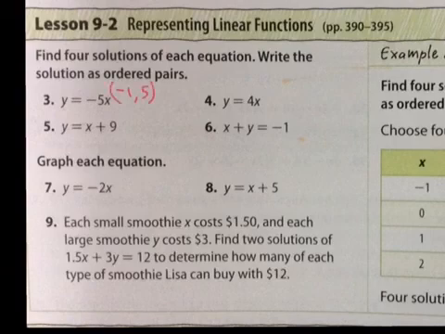That's one solution for this question, but we're asking you to find 4. So I need 4 ordered pairs. You could also choose 0. If you make this 0, they're both 0, so 0, 0. You could choose 1, and it would make this -5, so 1, -5. Okay, so go ahead and choose 4 for each one. So your answer should consist